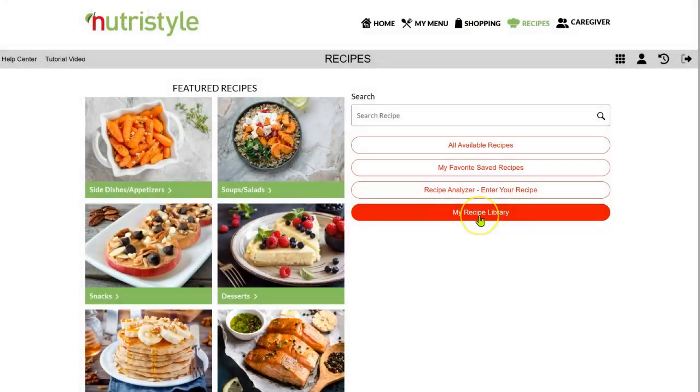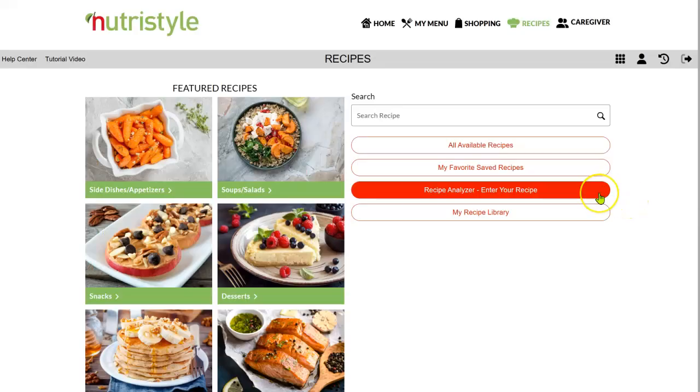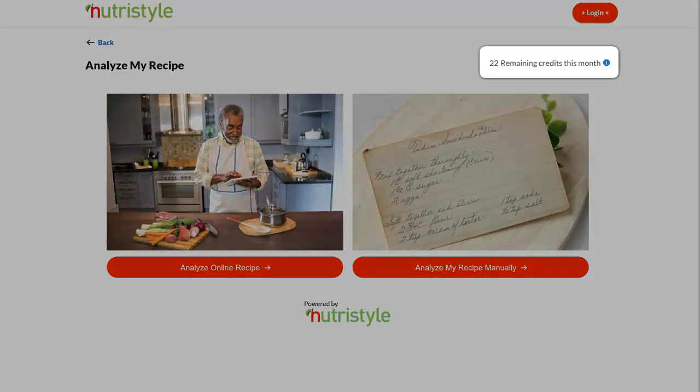In addition, from here you can view your recipe library. Return to the Recipe Analyzer. Enter your recipe button. To view your available credits you have left for the month,